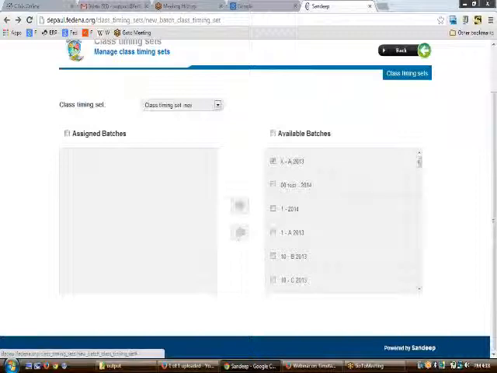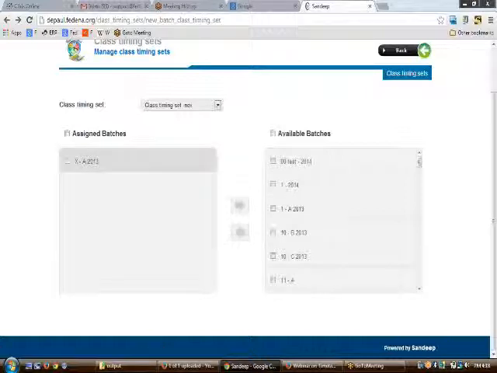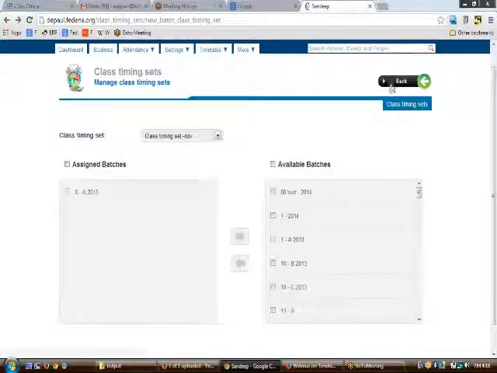You need to just click on the particular batch and use the left arrow key to make the XA 2013 batch have the class timing set, November. So this was all about assigning class timing sets and creating weekdays.